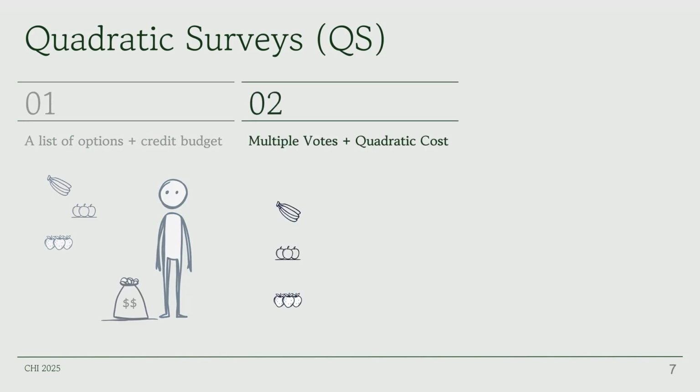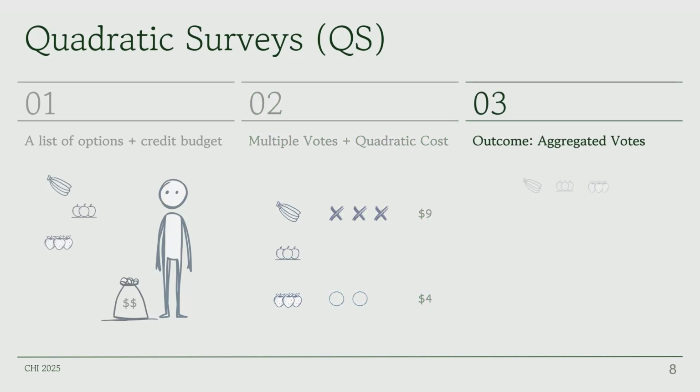Suppose Sam dislikes bananas and really wants strawberries, they can add 3 downvotes to bananas and 2 upvotes to strawberries, like this. Since QS follows a quadratic cost structure, that would be $9 for 3 downvotes and $4 for 2 upvotes. In other words, each additional vote costs more than the last,